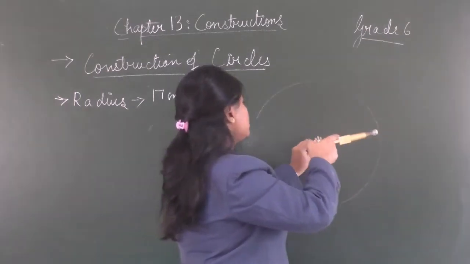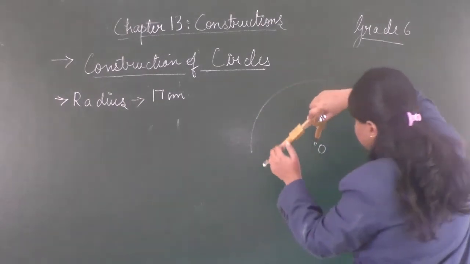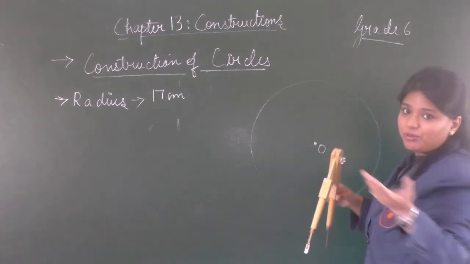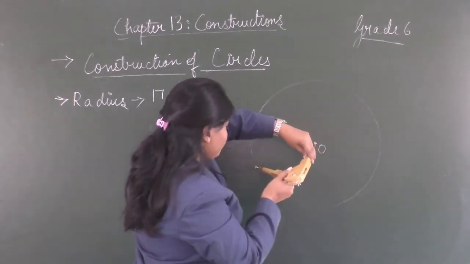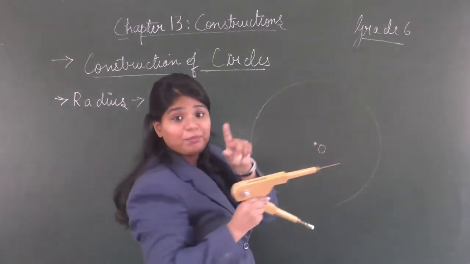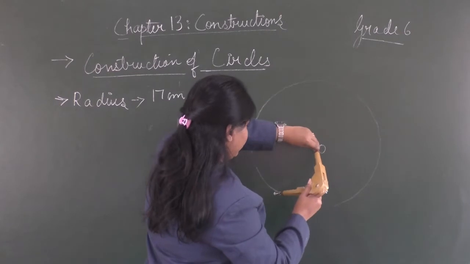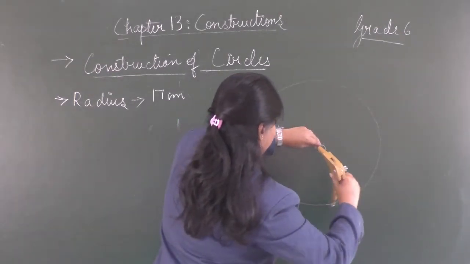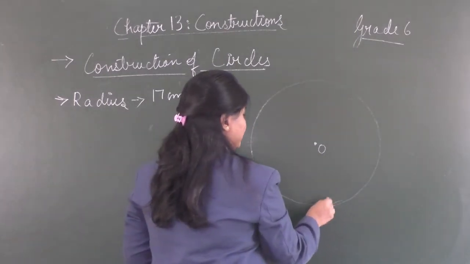So while drawing a circle, you have to be careful that you do not move the needle from the center of the circle, right? You can move your textbook or you can move your hand according to your convenience. Even if you are moving the needle, you have to be careful that you are placing the needle back on the center and then you are completing your circle. Right? So here we have a circle which is drawn from the center O.